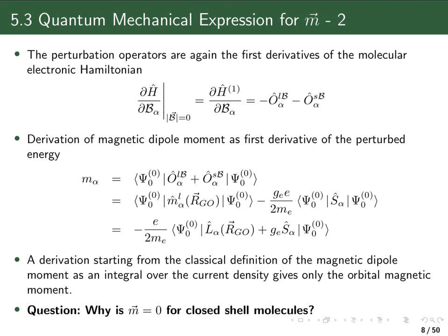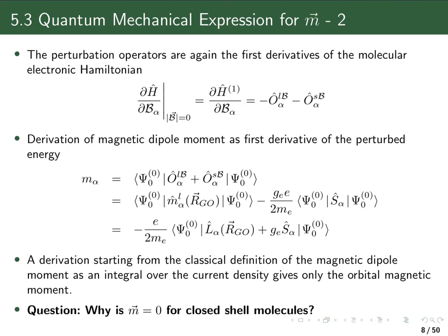Taking thus the first derivative of the total Hamiltonian with respect to a component of the magnetic induction and evaluating this derivative at zero magnetic induction is then taking the derivative of the first order perturbation Hamiltonian with respect to that component, and that just gives us minus the sum of those two perturbation operators. And therefore, if we use again the Hellmann-Feynman theorem, we had before